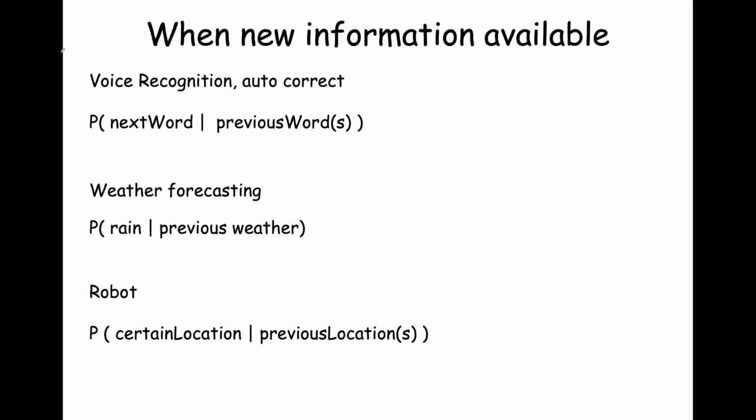Do you like to use autocorrect on your cell phone text message or voice recognition? Well, that's just conditional probabilities. It's computing the probability of the next word given the previous words. In weather forecasting, they're evaluating, for example, the probability of a rainy day given the previous weather. In robotics, we use this all the time. Something called Monte Carlo localization, you're evaluating the probability that you're at a certain location given all of the previous